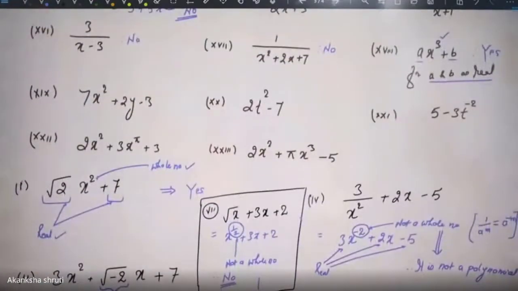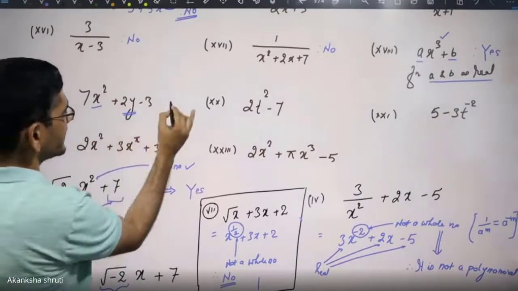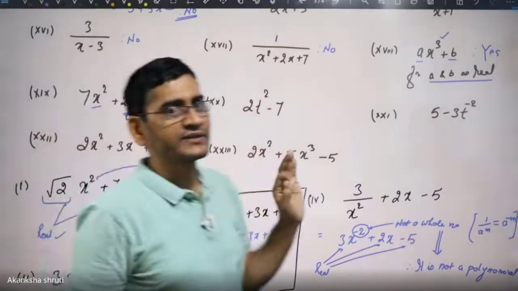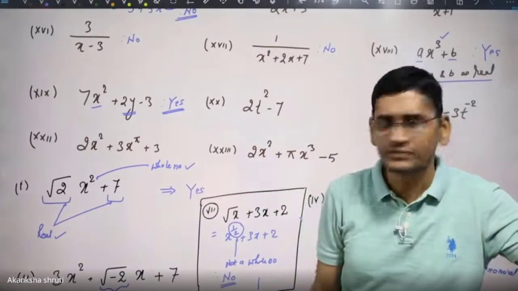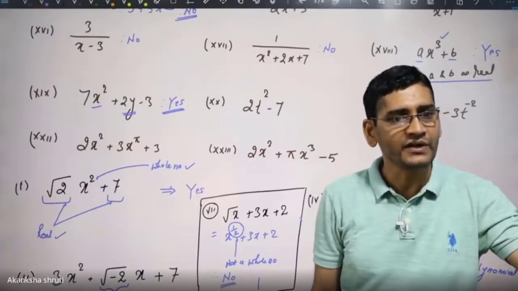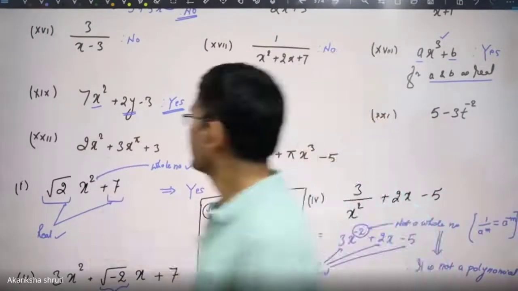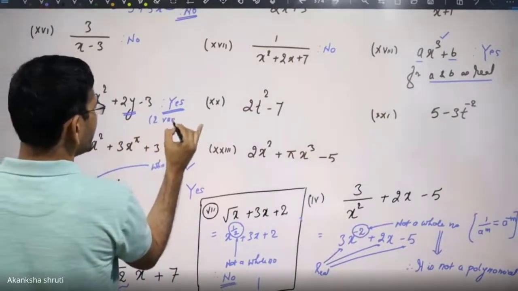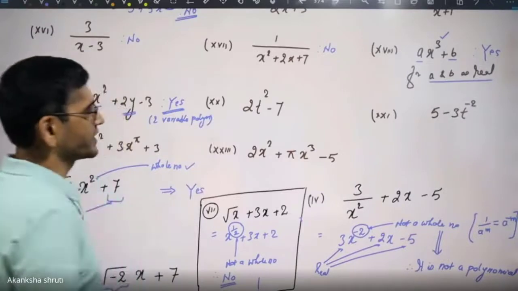Coming to this 19th question. So two variables, one is x, another one is y. So it is possible that there could be more than one variable. So the number of variables doesn't matter, or the type of variable doesn't matter. What is important is the coefficient and the power of the variable. That is more important rather than the type of variable. So x and y, it is a two variable polynomial. ये polynomial है, लेकिन ये two variable का है.